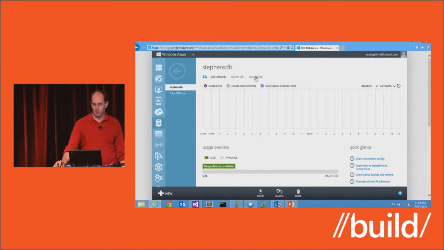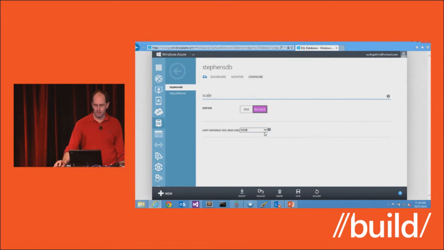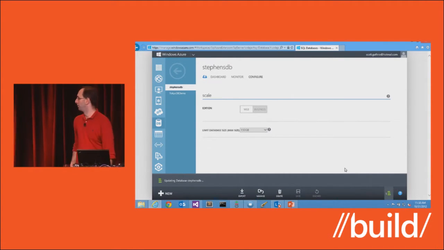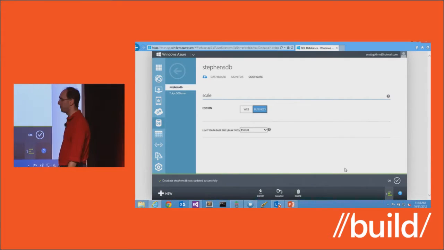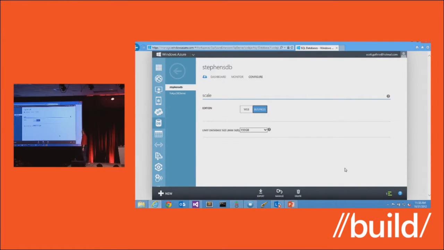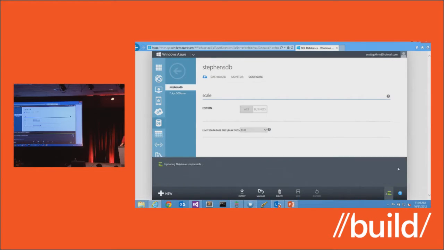And again, at a later point, if I want to size it up, I can go ahead and say, let's make it 150 gigs, hit save. And we're going to do a scaling operation now in this database. We're done. And now I have a 150 gig database that I can dump data into. So it gives you lots of power, lots of flexibility. Again, I'm going to be cheap since it's my own personal credit card and scale it down.